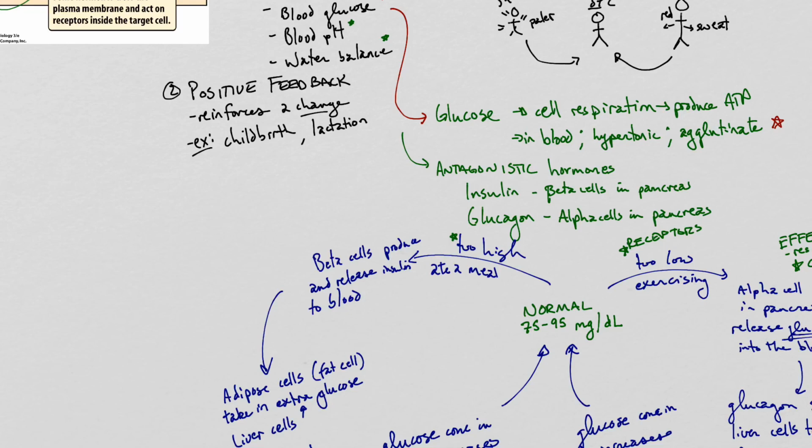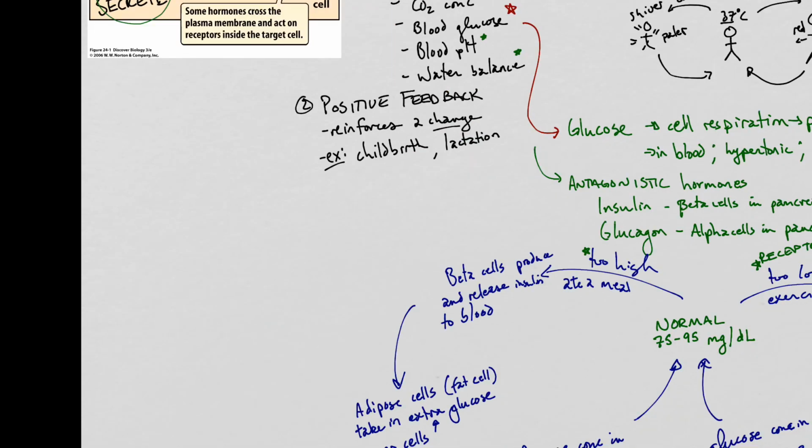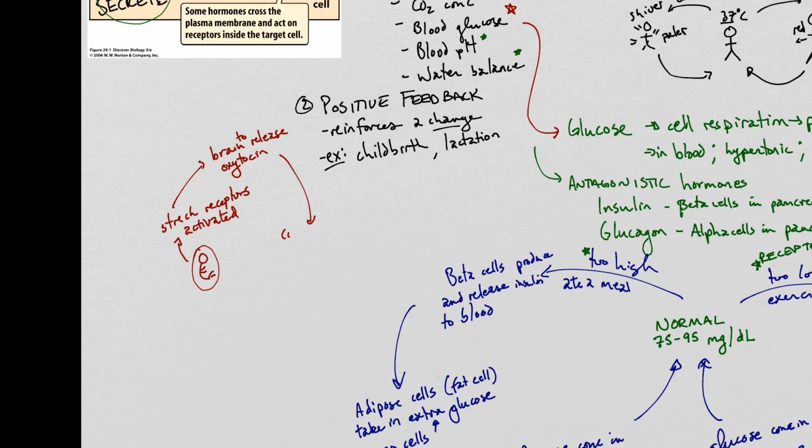So let's do that as an example. All right. So let's take a baby growing inside of a uterus. You better not say that that baby's growing inside of the stomach. You weird cannibals. Okay, so there are stretch receptors that get activated. That causes the brain to release a hormone called oxytocin. That oxytocin is a signal to contract uterus muscles,